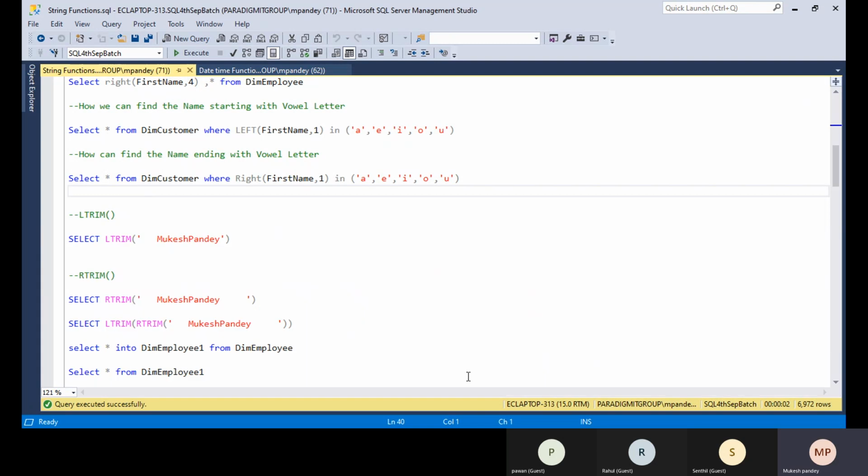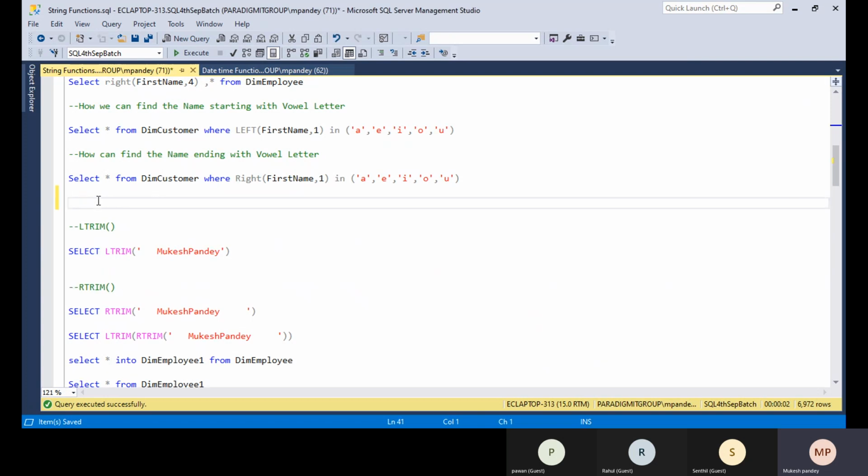No? Okay. So the next one is LTRIM. LTRIM is basically used to remove white space. Sometimes the client wants data inserted. Normally 99% of data is inserted from the front end of the application into the database, so a user might insert the data with white space. For example, if I'm writing the name here, I put a space.